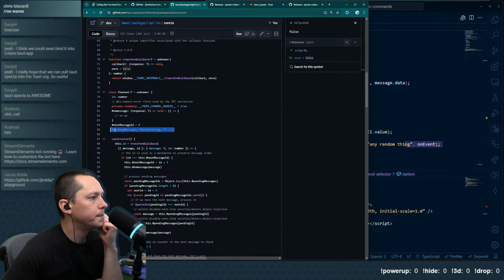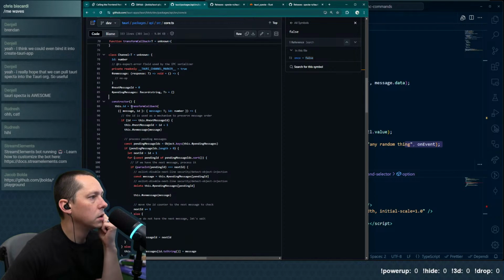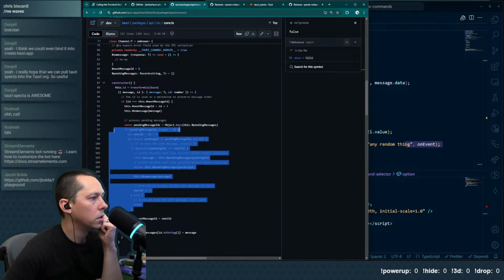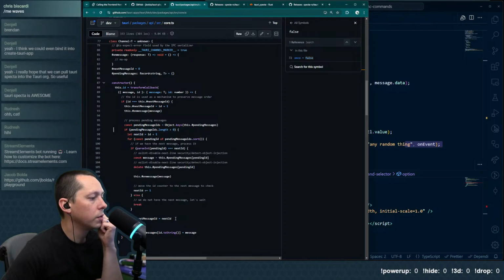Pending messages is a record. The ID is used as a mechanism to preserve message order. So if pending messages is greater than 0, then loop. And after we're done with that, we set the next message ID.